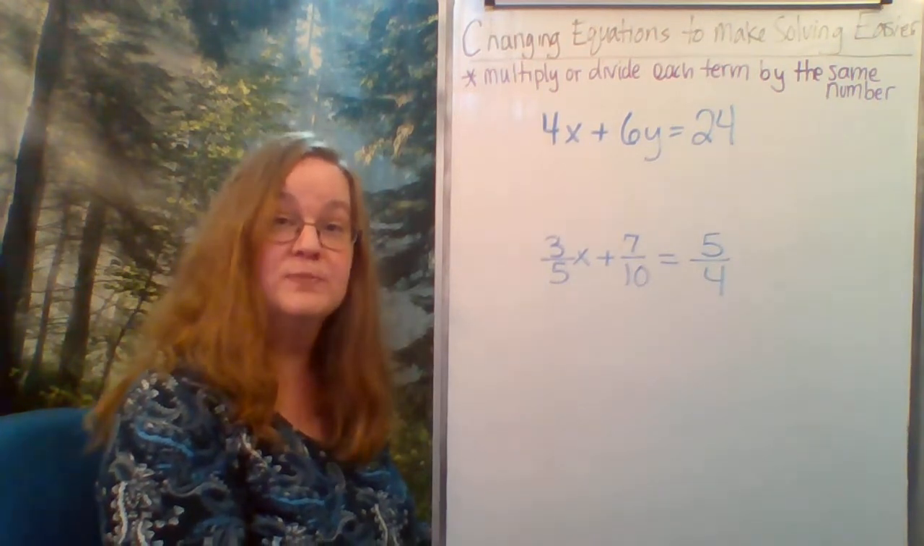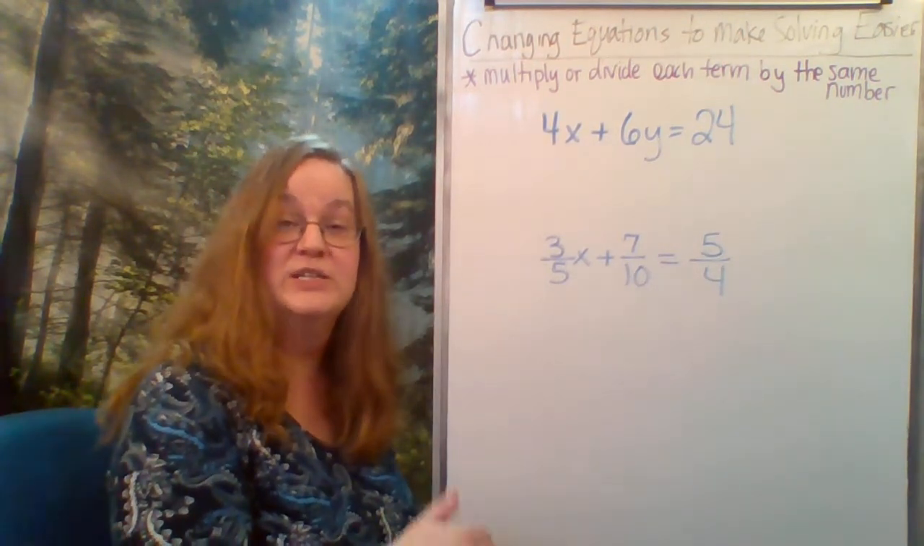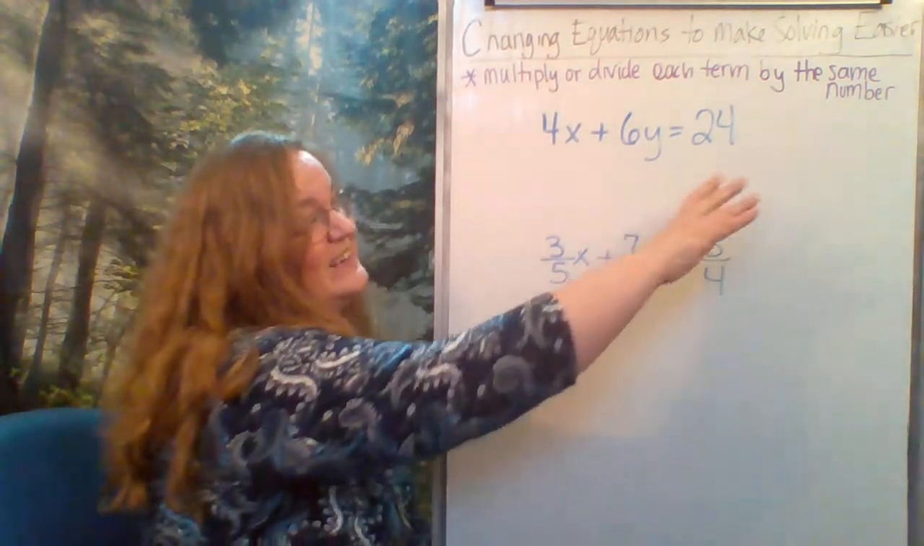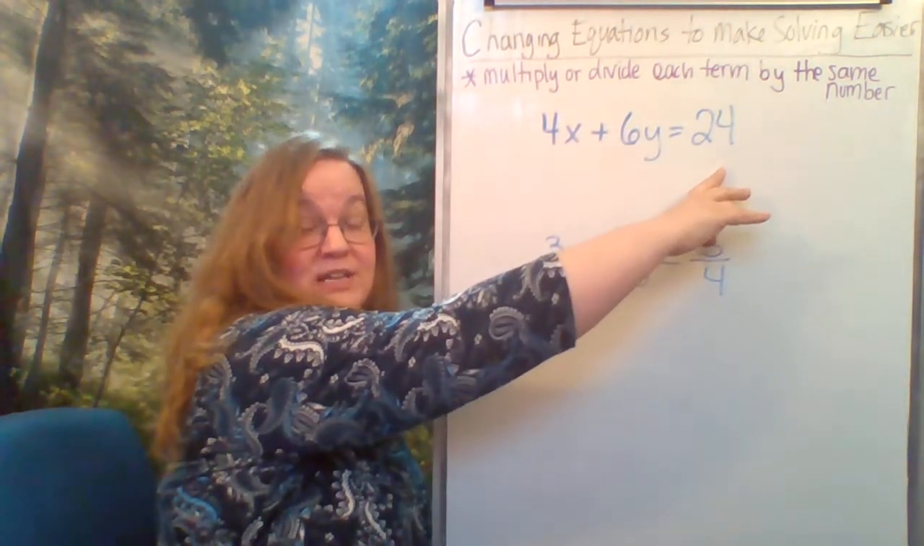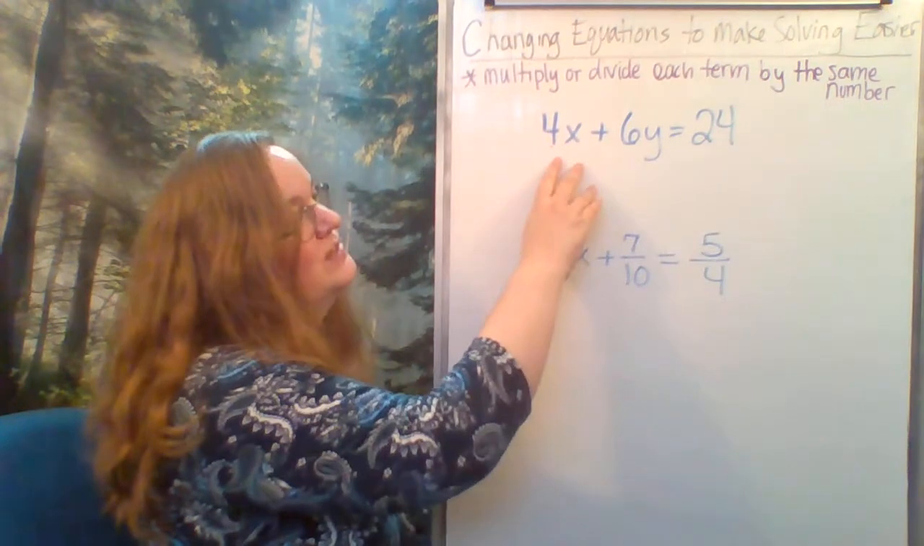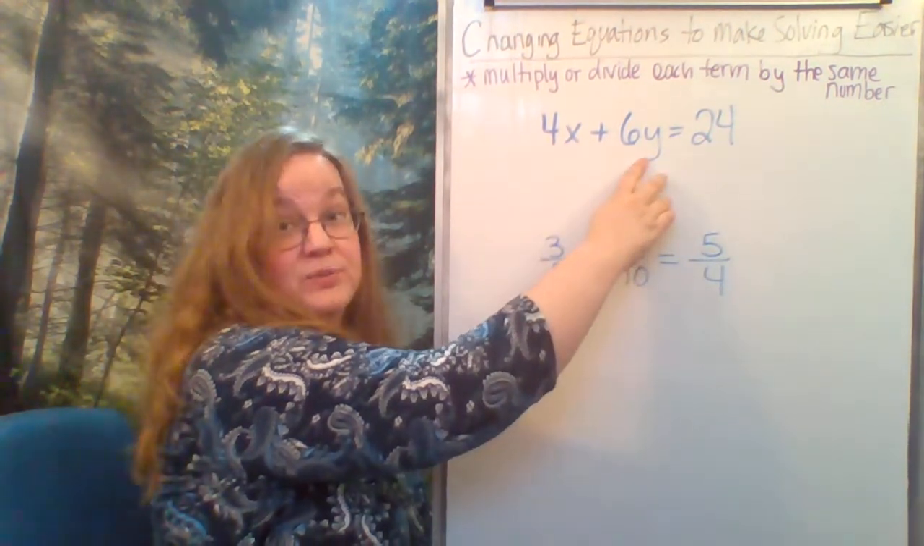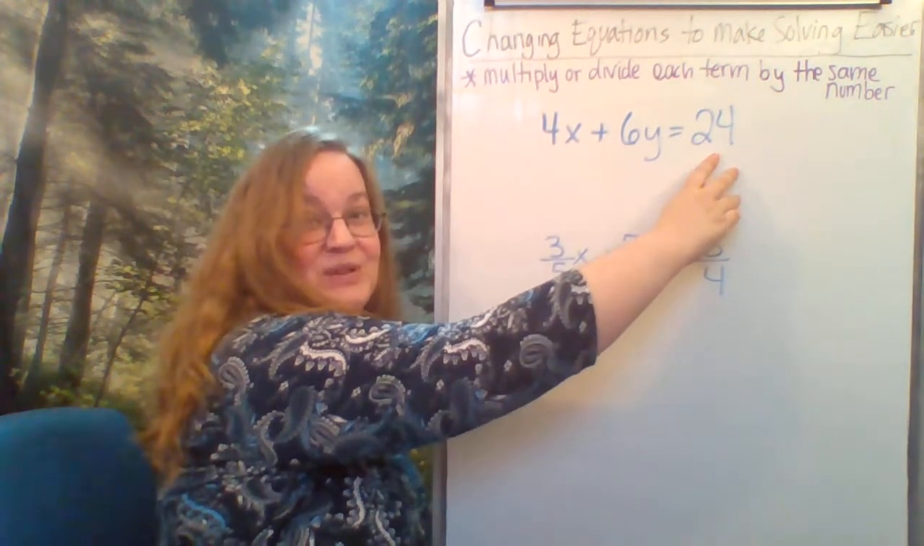Now remember, terms in an expression are separated by addition and subtraction signs. That's also true with equations. And it also means across the equal sign is another term. So if I look at this first equation, one term is 4x, another term is 6y, and another term is